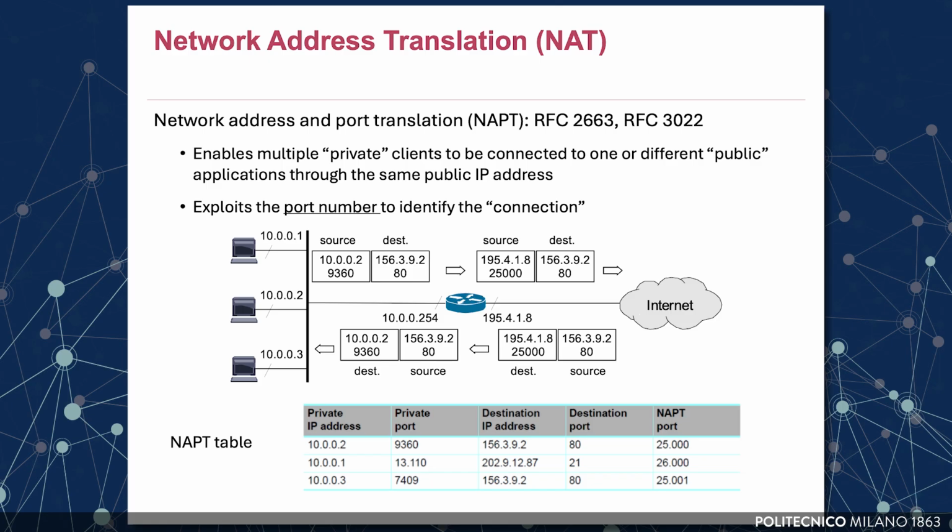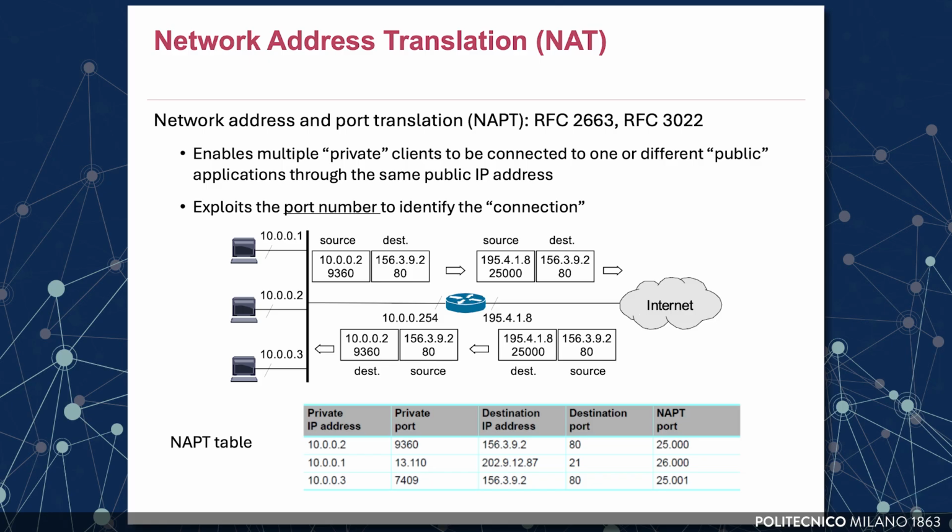Even with the same external server and application, it works by assigning a different source port number for each outgoing connection. This way, even if two internal hosts try to access the same destination IP and port, the NAT device can distinguish their sessions using these unique port numbers.